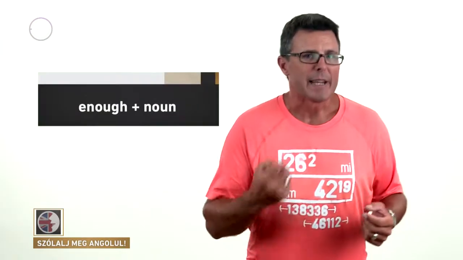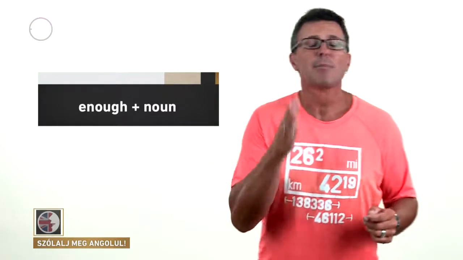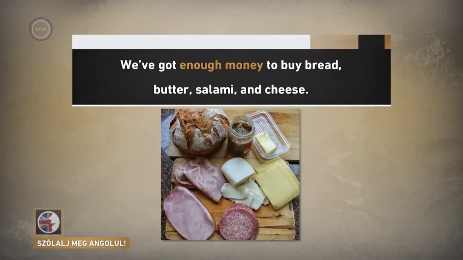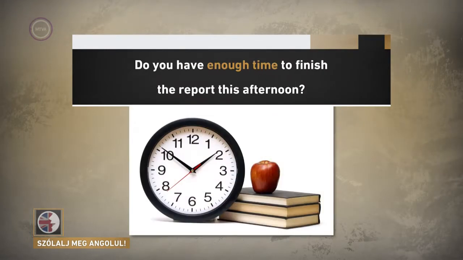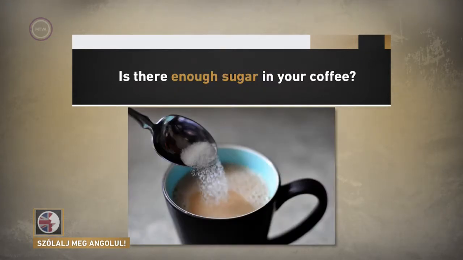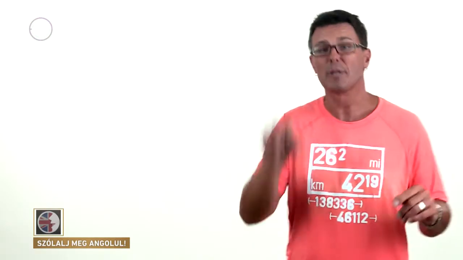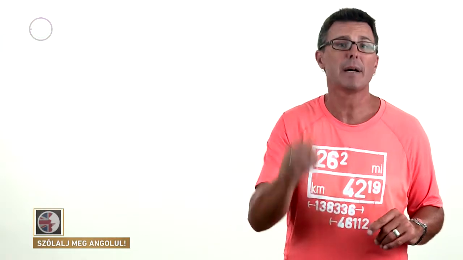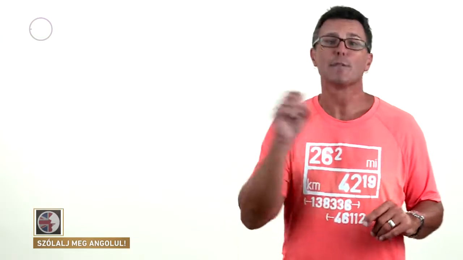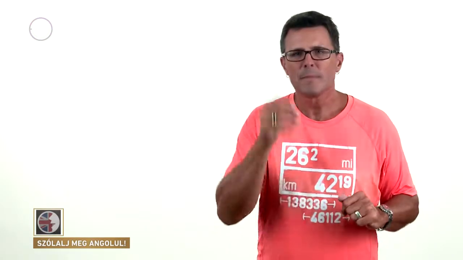When we use enough with a noun, then we use the form of enough plus noun. We've got enough money to buy bread, butter, salami and cheese. Do you have enough time to finish the report this afternoon? Is there enough sugar in your coffee? So, as we can see in those 3 sentences, we used enough with 3 different nouns. And because we were using enough with nouns, we put enough in front of the noun, enough money, enough time, and enough sugar. Good. Now,